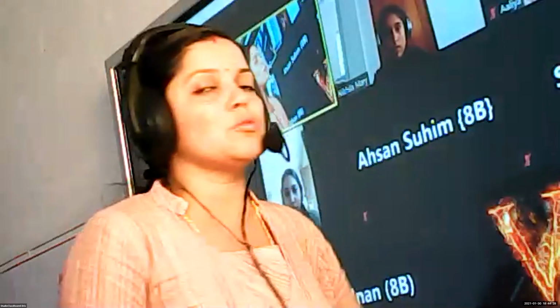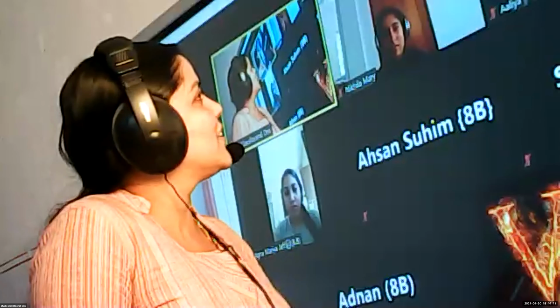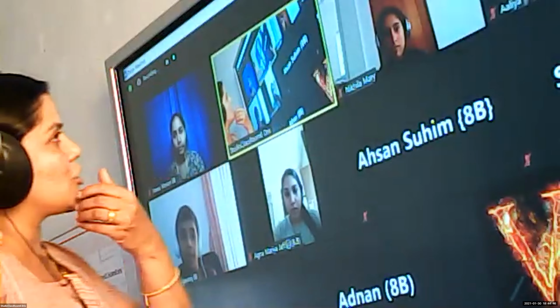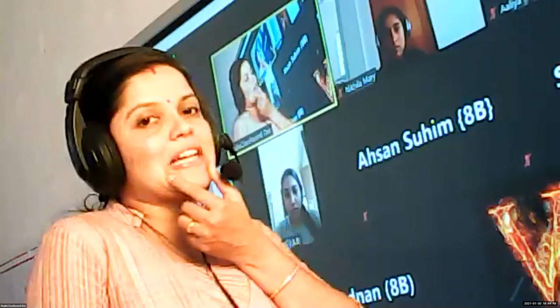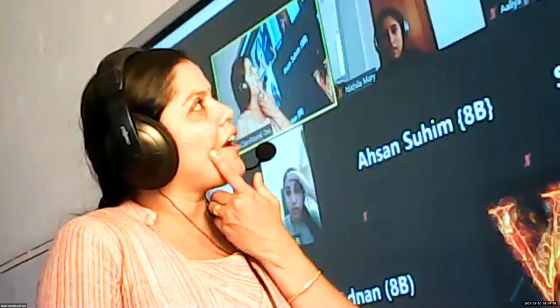Very good, excellent. So we can use 'the' before the names of airplanes and also before the names of trains. Kindly give me a few examples of the names of trains. The Chennai Express, the Rajdhani Express. All these are examples, because there is only one Rajdhani Express. There is only one Chennai Express, right? There are no other names.